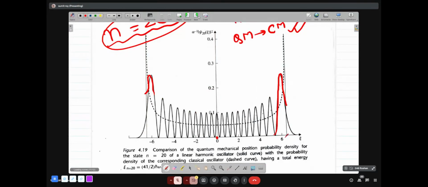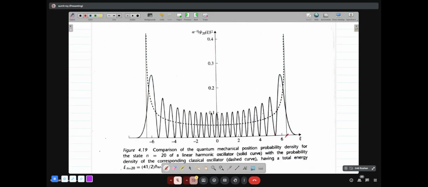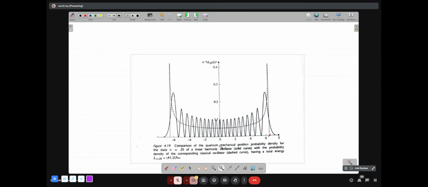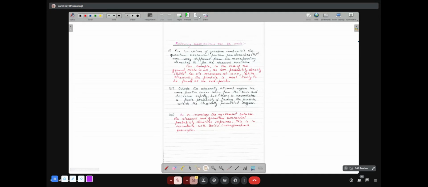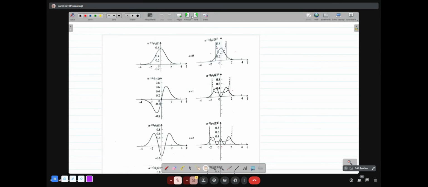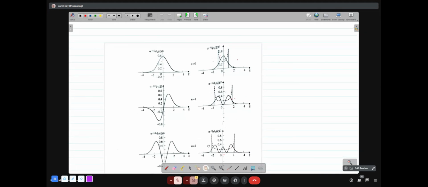We were supposed to discuss this last one, that is the wave function for a linear harmonic oscillator for n value 20, and some final conclusions which can be drawn. One or two conclusions that we already observed was that the classical result and the quantum result were not in exact agreement,